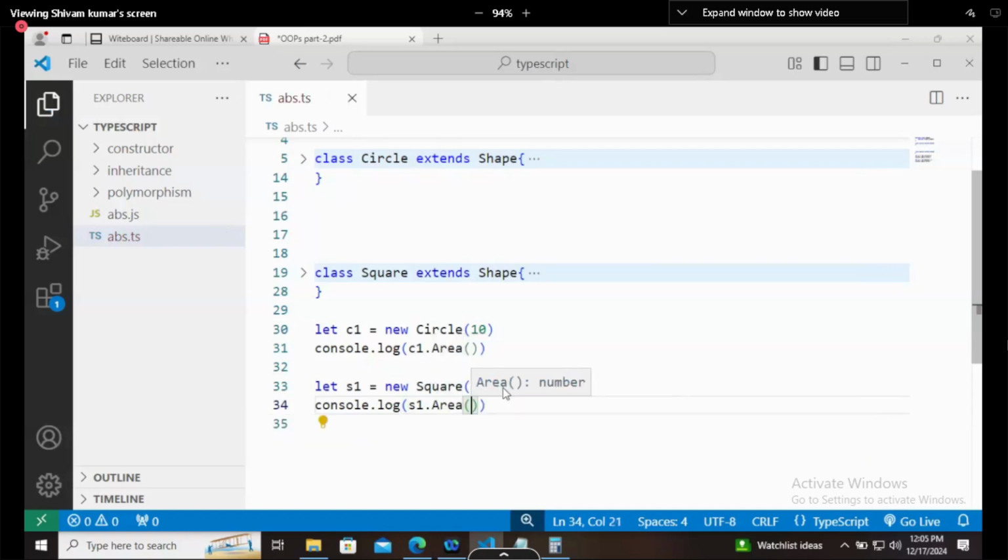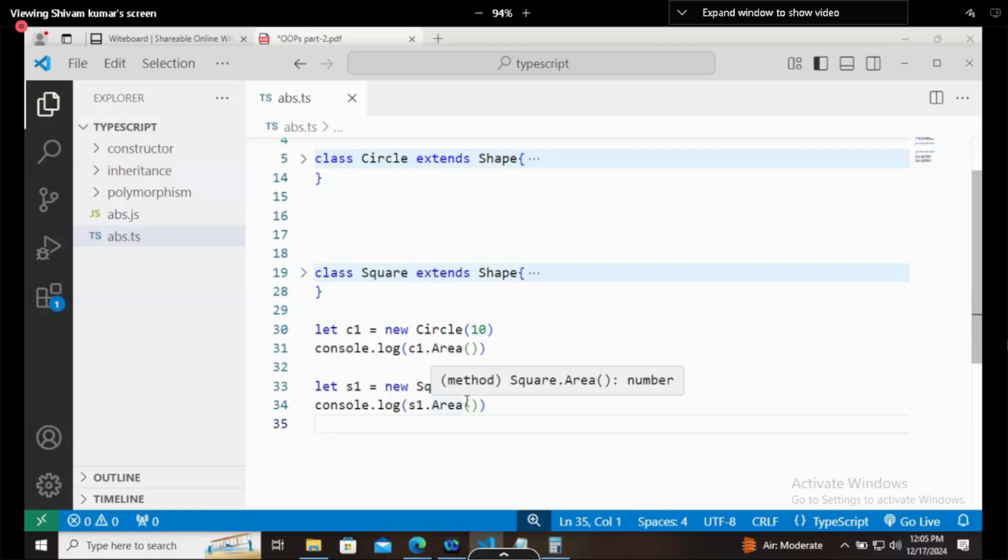Now what is the answer for this question? What will be the square's area if the side is 1.2? What will be the answer? Don't use mobile, say it fast. 14.4. How can it be 14.4? How can it be 14.4? 2.4. Arey wah. 1.2 multiplied by 1.2.